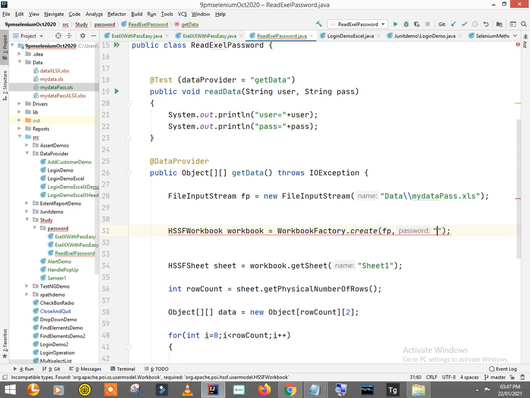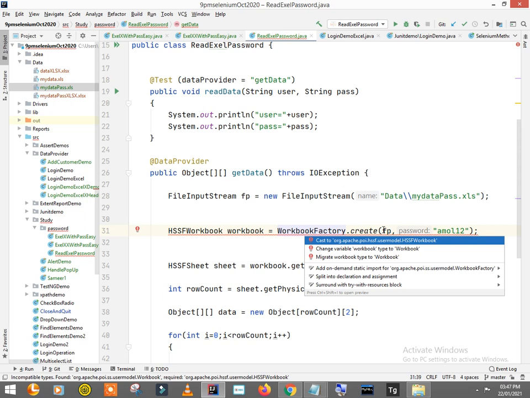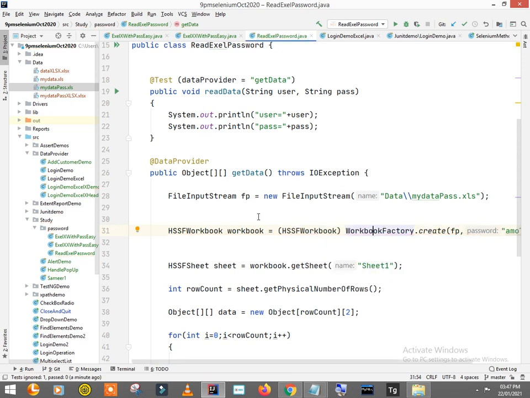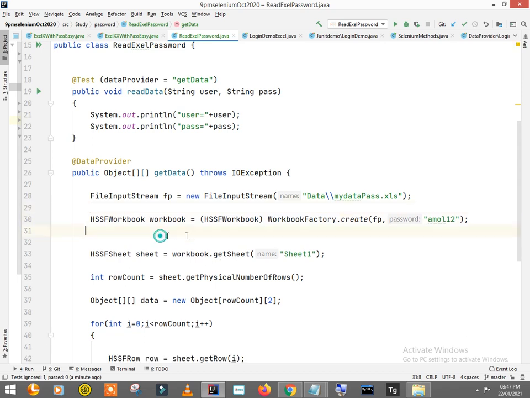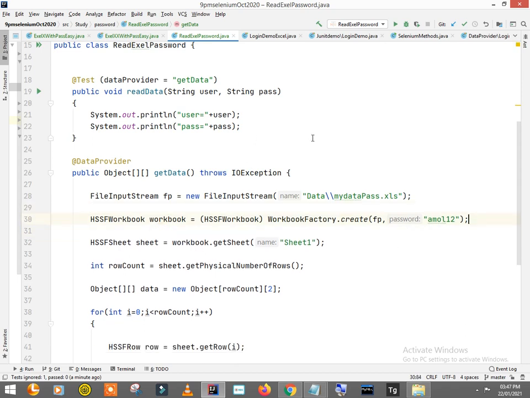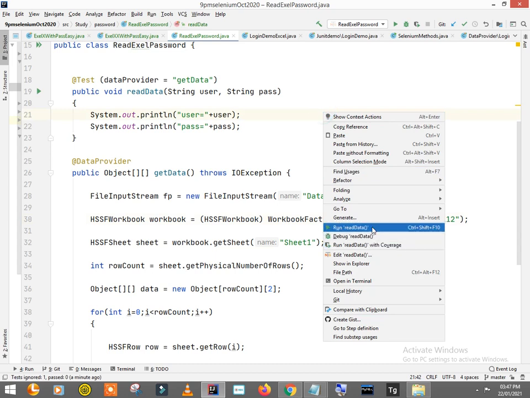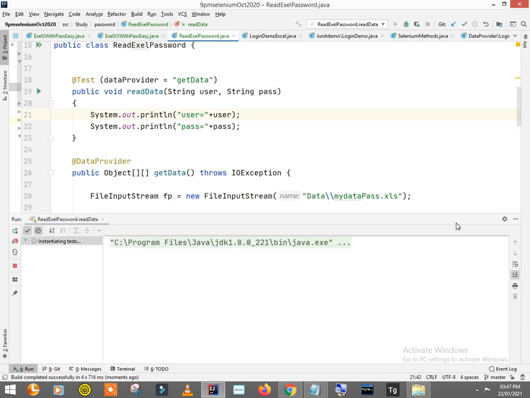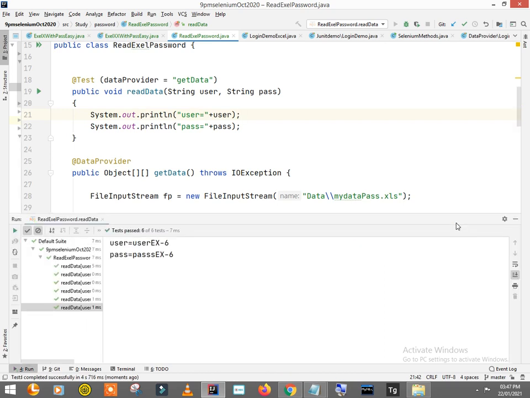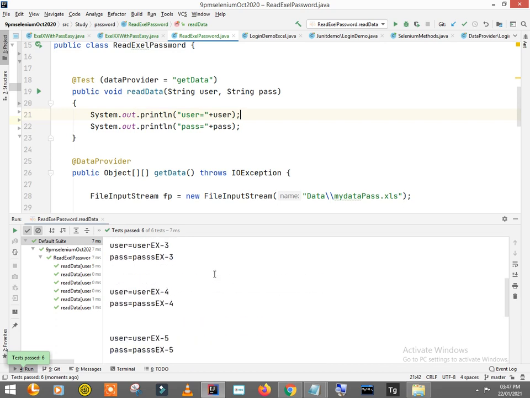So let's say the password of my file is amol12, so I'm keeping it here. So now actually this is in a different format, so let's typecast this. So press alt enter, you can cast it, and now this is done. So that's it, that's the only change you need to do. So once you do this, you'll be able to read this file now. So right click and run. Okay, so you are able to read this.